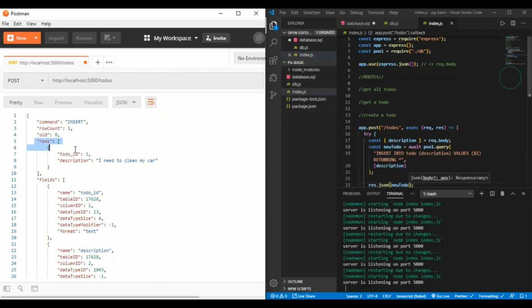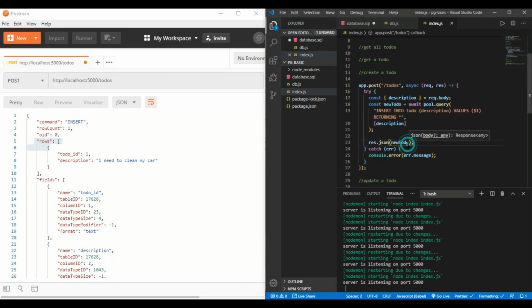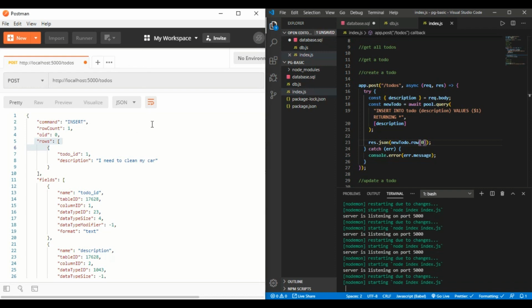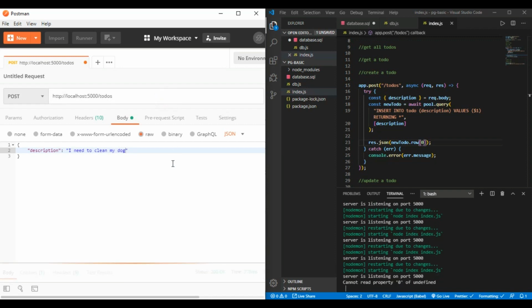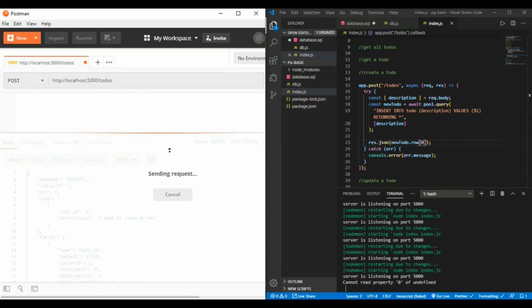And since we just want to get this one right here, we can be more specific and say new to-do dot rows, because it's coming from there. And then I could specify it's the first item. Okay, so now let's change this up a tiny bit. I need to clean my dog. And if I click enter and go on the bottom,